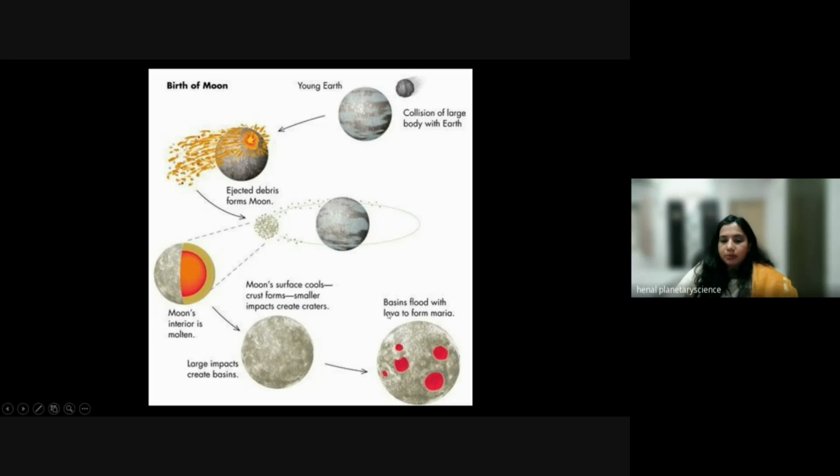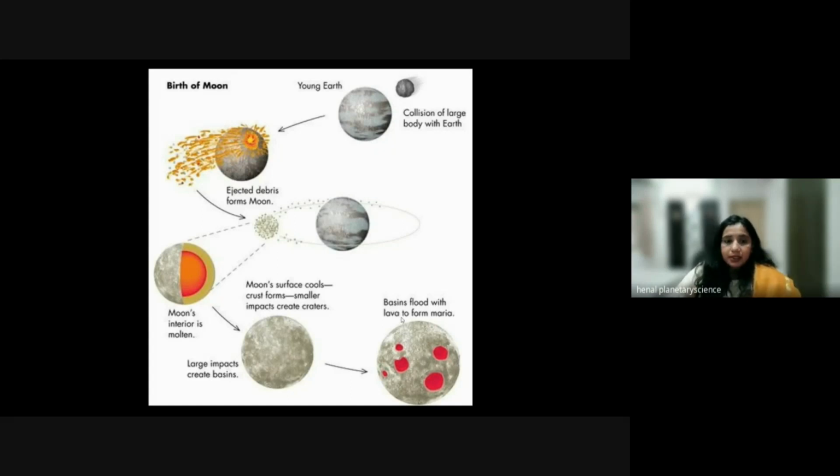So there was a period in the lunar geological history where heavy impactors were continuously bombarded for the longest period of time on the surface. So the surface got ruptured and the lava came out from beneath the surface and formed major basins or black patches that we can see with our naked eyes on the moon surface.